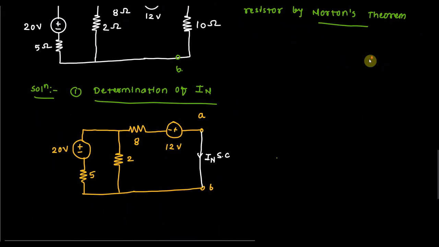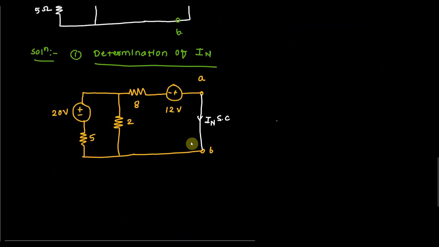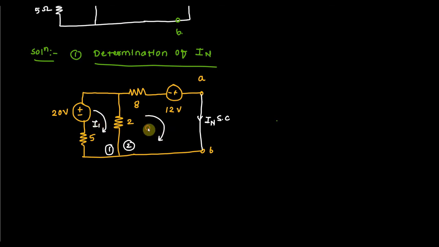And then by using which method? Mesh analysis, calculate the value of current IN. That we have solved so many times. So apply the mesh analysis. If you observe, there are two meshes. So this is mesh 1, this is mesh 2. The current here is I1 and the current here is I2. Fine. So what is your first step? Let I1 and I2 be the mesh currents. We have seen this so many times.